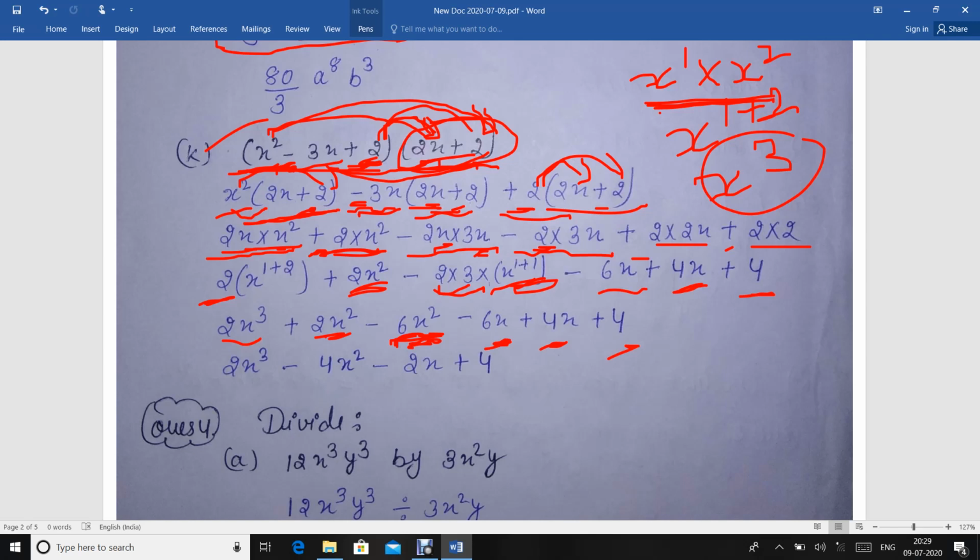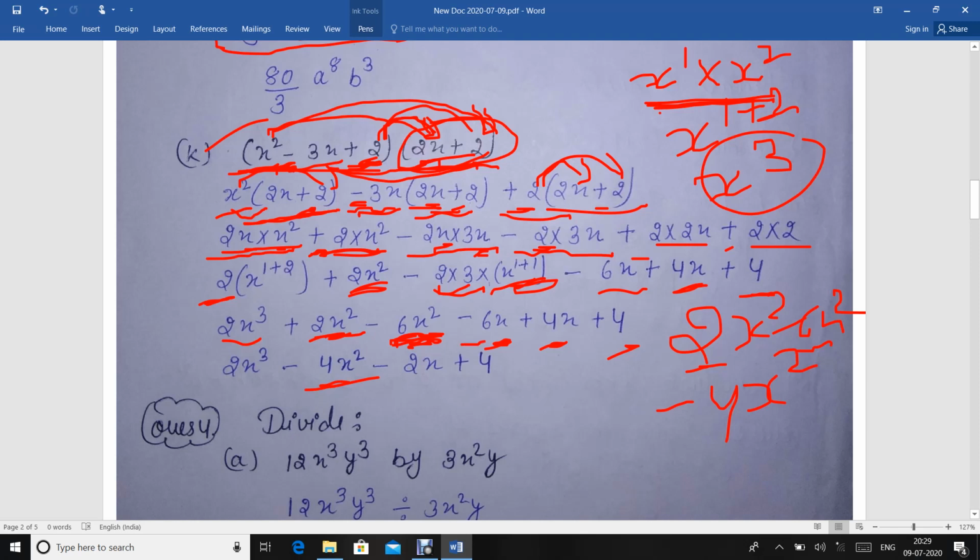After that you can see that some are like terms, just like 2x square and 6x square, they contain the same variable, so you have to solve it further. It is 2x square minus 6x square, here the variables are the same, so 6 minus 2, because plus minus is minus, 6 minus 2 is 4. Here 6 is the greater number and this is the negative number, so you have to put the negative sign before 4 and write the variable as it is. So here is minus 4x square.